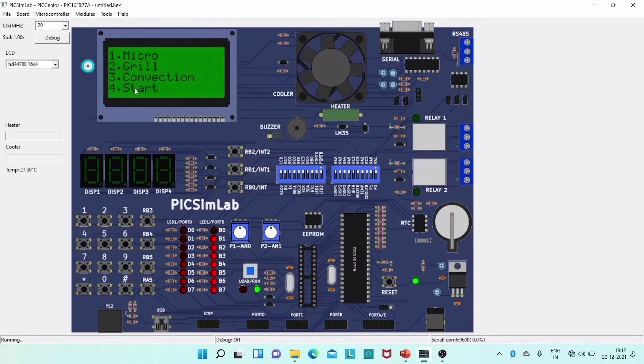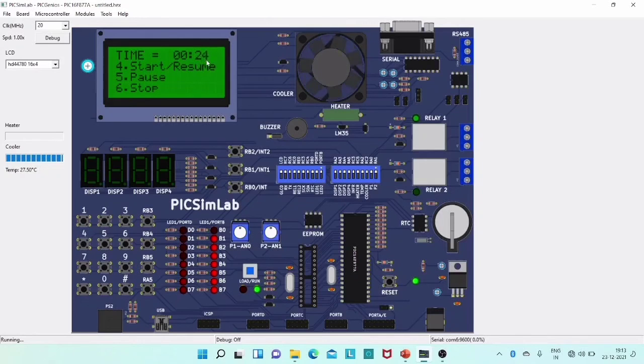And the last one is start mode. The fourth option is start. We use the start option to cook or heat simple food. When I click on 4, start, it automatically starts with 30 seconds. Let me show you by clicking on the fourth switch, start. See, you can see it automatically started with 30 seconds.